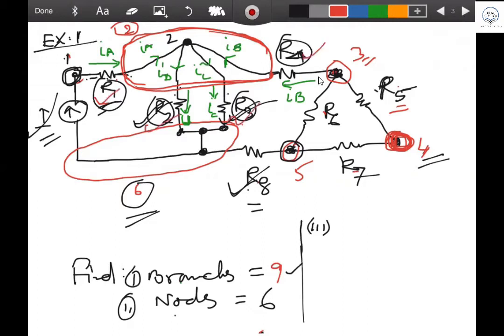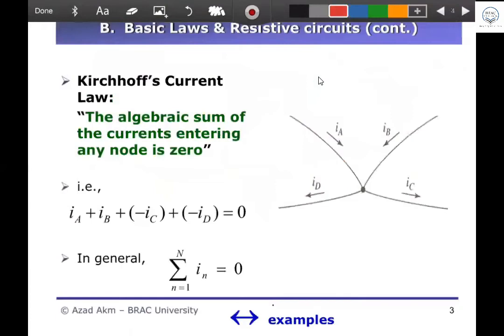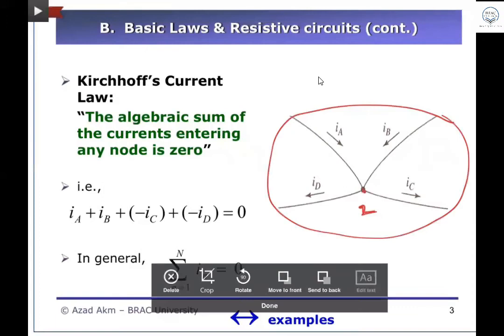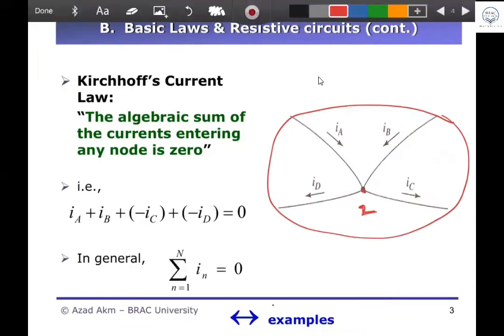These 4 resistance currents are joining at point 2. You can imagine that red circle. This is node number 2, where the currents IA, IB, IC come from different branches. So if this is the scenario, then Kirchhoff's current law says that the algebraic summation of all the currents is